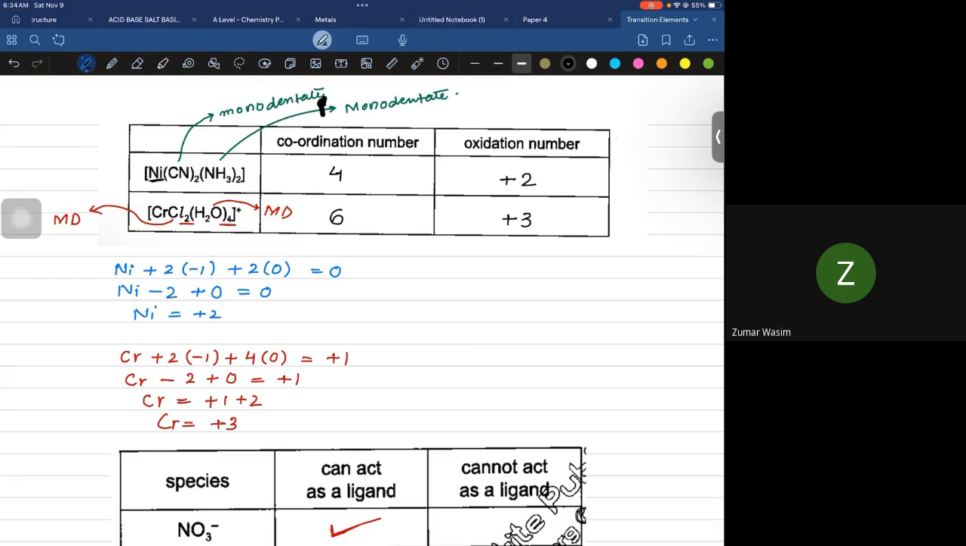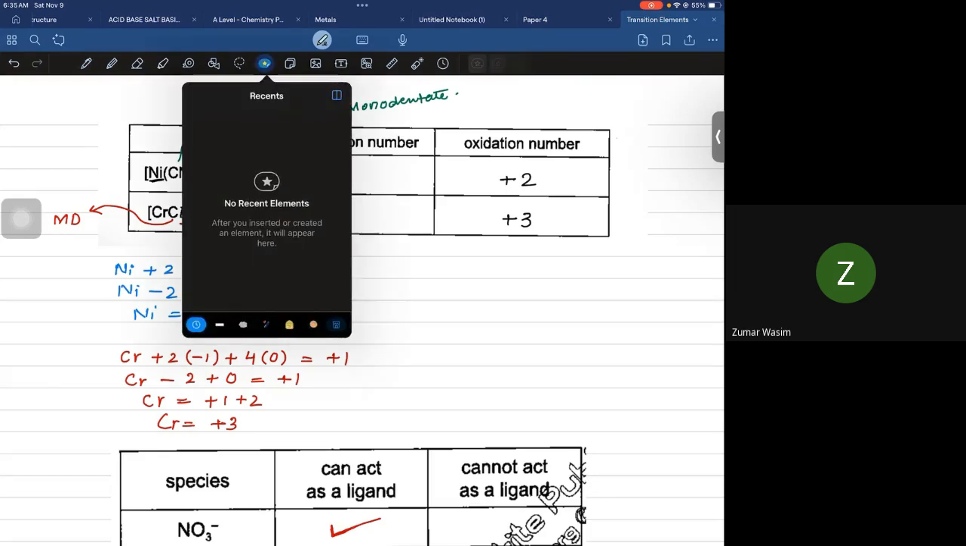Yes, Zumar. फैसल. Yes. फैसल ओके है? फैसल